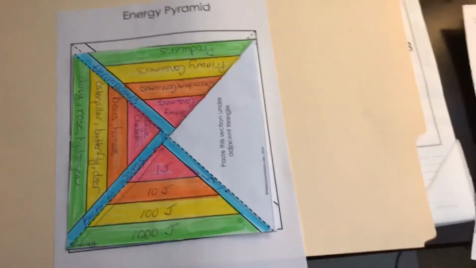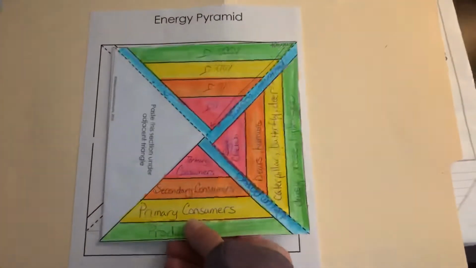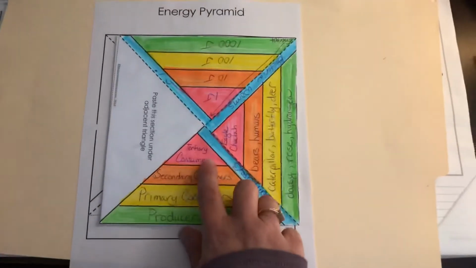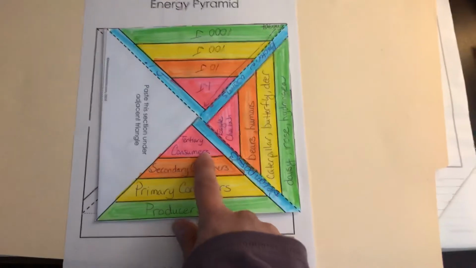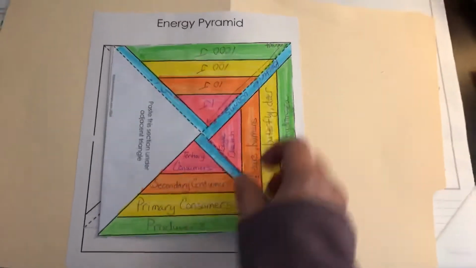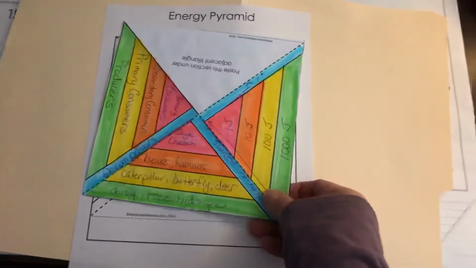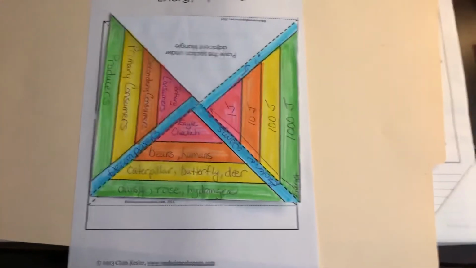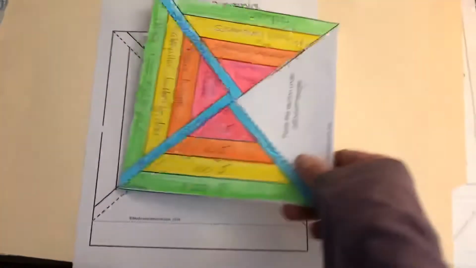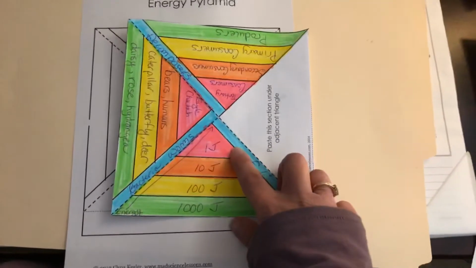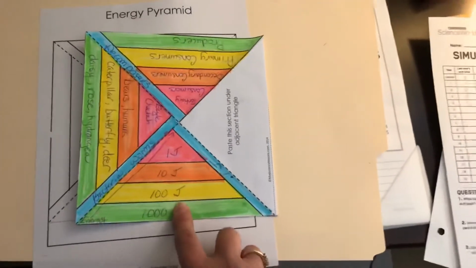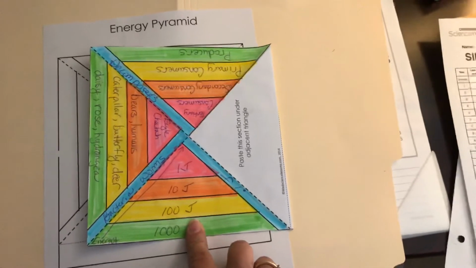All right. And then lastly, the things that are going to be at the top level of our pyramid are what we call tertiary consumers. And tertiary is a word that refers to third. Okay. And those are going to be things like carnivores, that only eat meat. So eagles, cheetahs, things like that. And they're only getting 1 joule of energy for the amount that they eat. So that means that they need to eat a ton in order to stay